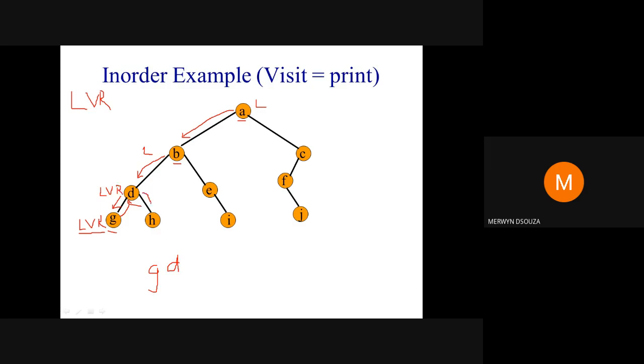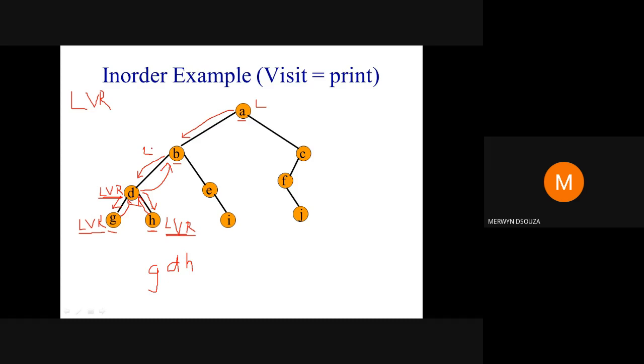Okay. Try to go right. Can you go right? Yes. So again new node. So what you will do? Start from the first. So you will try to go left. Cannot go left. Visit. So you will write it in the output. Then you will try to go right. Cannot go right. Okay. All the steps are done here. So go back up here. Check whether any steps are remaining. No, all the steps are done. Okay. So go back up here.